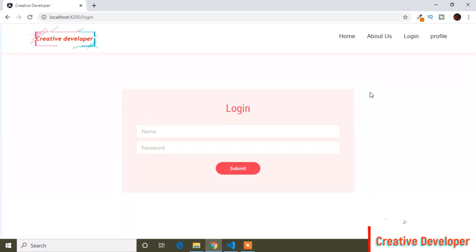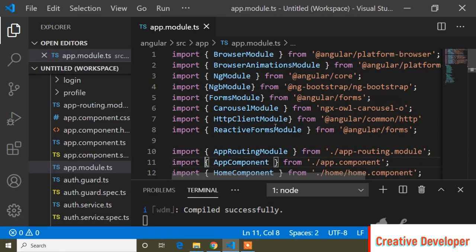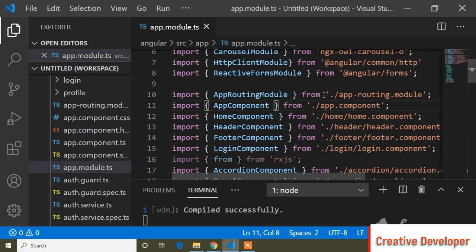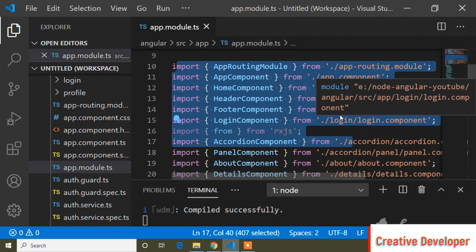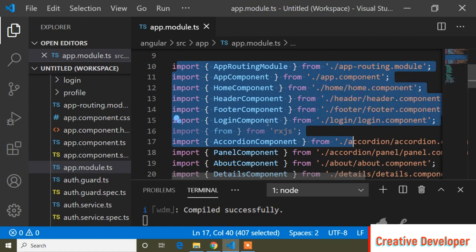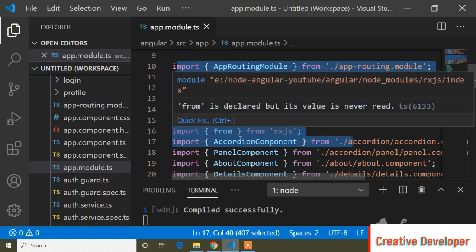In this tutorial we will learn the syntax of lazy loading and how to use it. So let's start. I told you when we generate any component it's automatically loaded in our main module, or you can call it the app module.ts file. Here you can see this is the app module.ts file, and it automatically has our home component and header component that I created. After this app module loads, that means after all the components load, then we can see the preview. But in lazy loading we want to load any component separately.